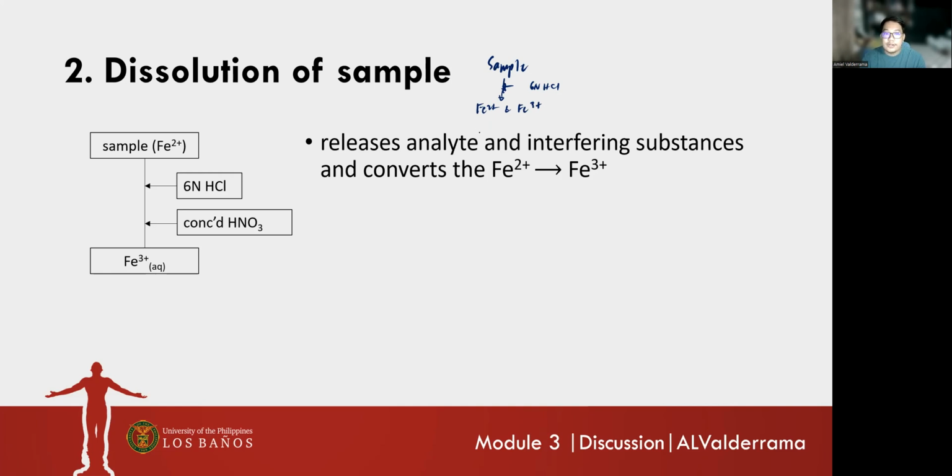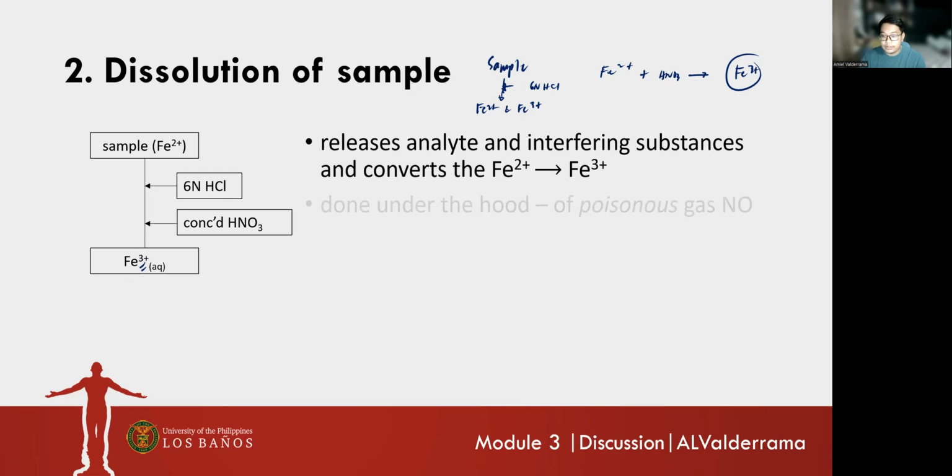Okay? So what happens next is for you to add your concentrated nitric acid. So what happens here is the liberated Fe2+ upon addition of nitric acid will convert your Fe2+ to Fe3+. Okay? So what is the essence of this? The form of Fe3+ is the desired form of iron as we do the whole process of gravimetric determination